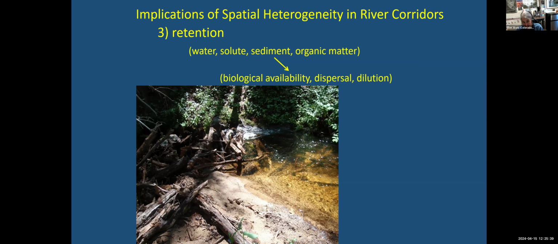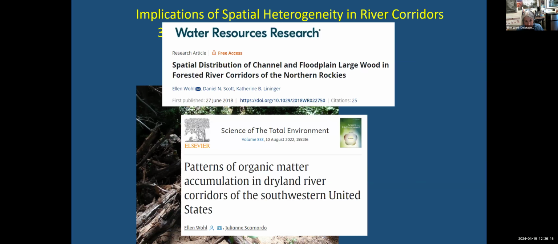And the people who work with macroinvertebrates and biofilms have shown that if you can slow down the movement of particulate organic matter, even for a few hours, let alone days or weeks, you can greatly increase the biological availability and uptake of that material. And of course, if you've got more spatial heterogeneity in the form of obstructions like in-stream wood or beaver dams or islands or bars, that's going to probably increase the connectivity with the floodplain. So you may be dispersing and storing material there. So biological availability, dispersal, dilution can all strongly correlate with the degree of heterogeneity.